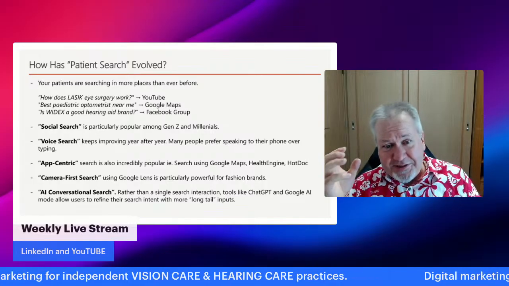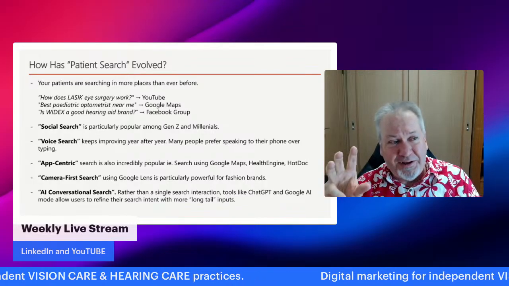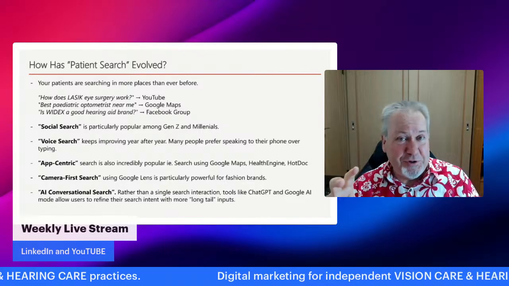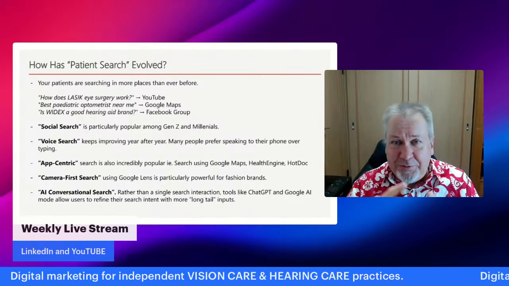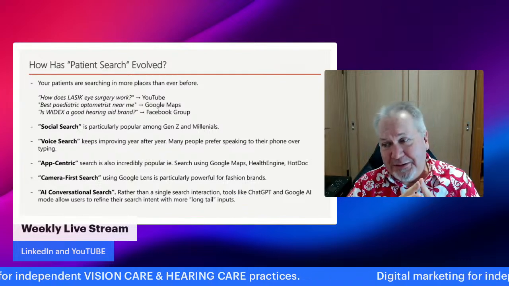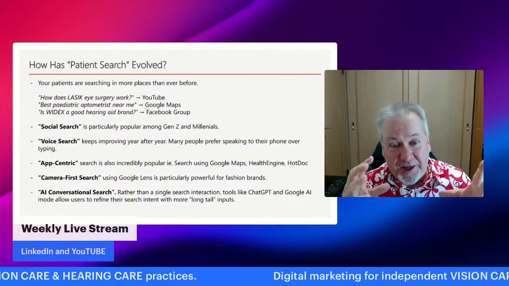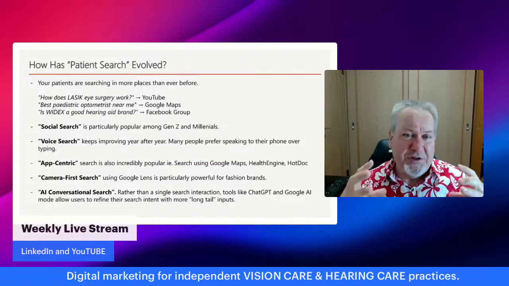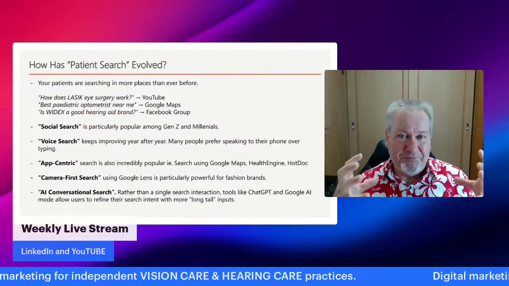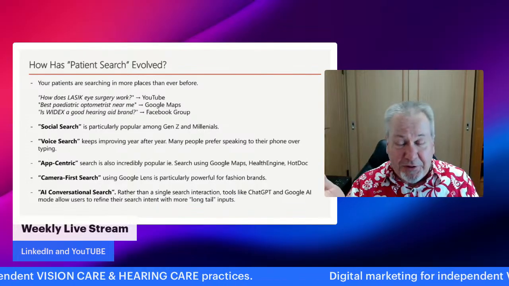So I think that this is a whole aspect of changing search behavior that people need to be aware of. And I could probably do a whole video on optimizing for camera first search, and how you can optimize images on your website so that you do actually get recommended by something like Google Lens.